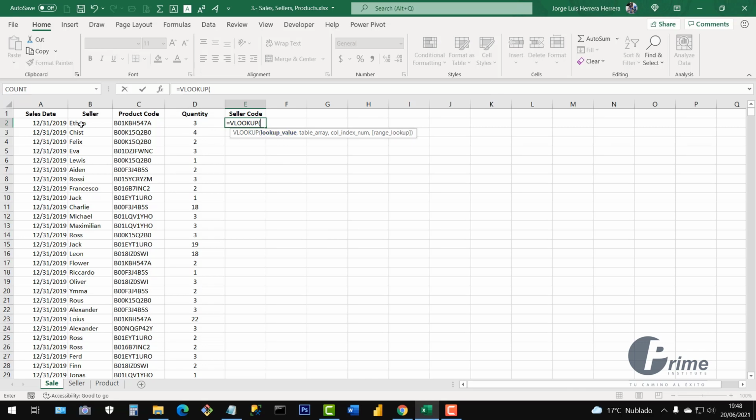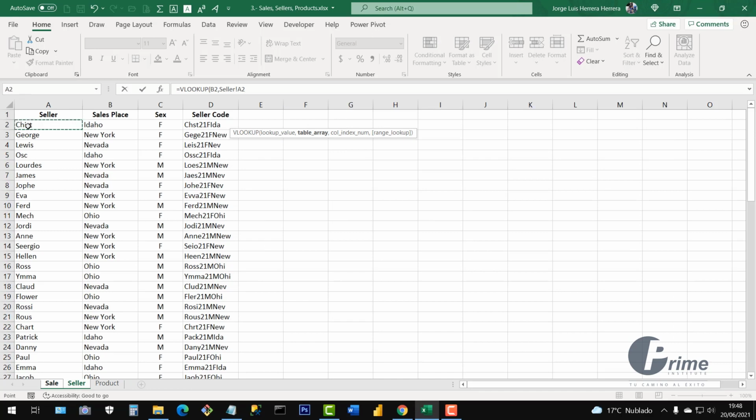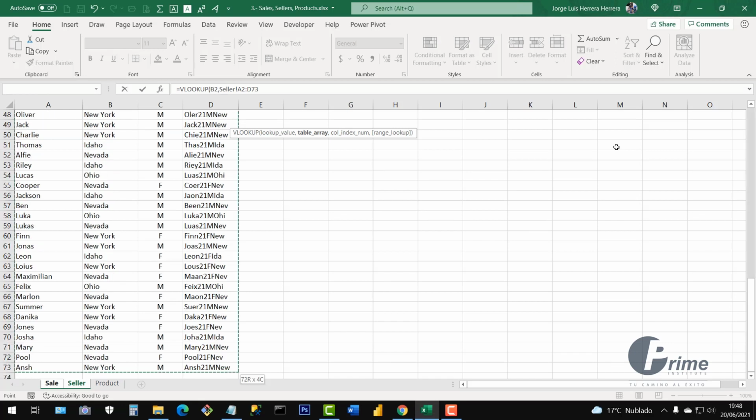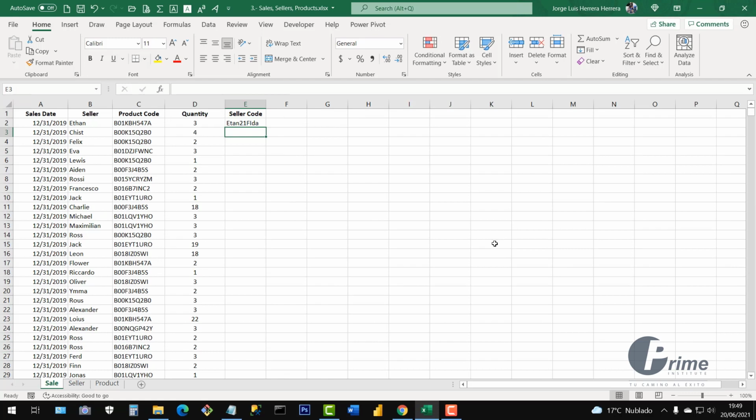Here it is. And now I enter the arguments. As lookup value, I place the seller name, and the table array, the matrix, is the seller table. So I select the first 4 cells, and then with Ctrl Shift Page Down, I highlight all. I fix it by pressing the F4 key so that it stays fixed, comma, and what I wanted to bring is the 4th column, comma, and then 0 to have exact matches,